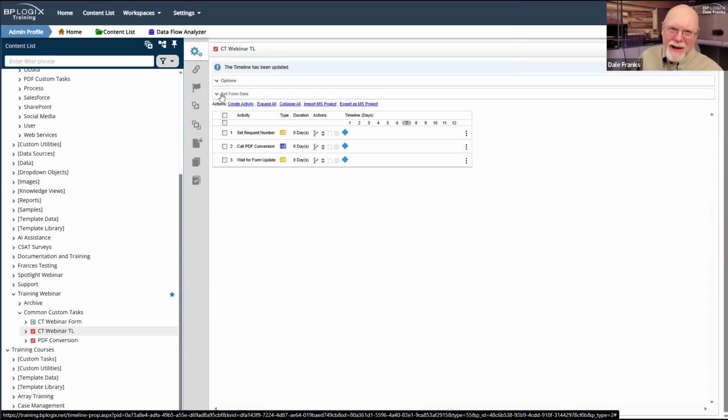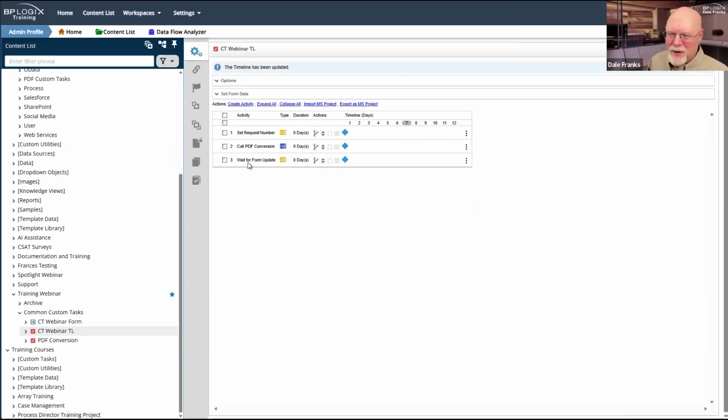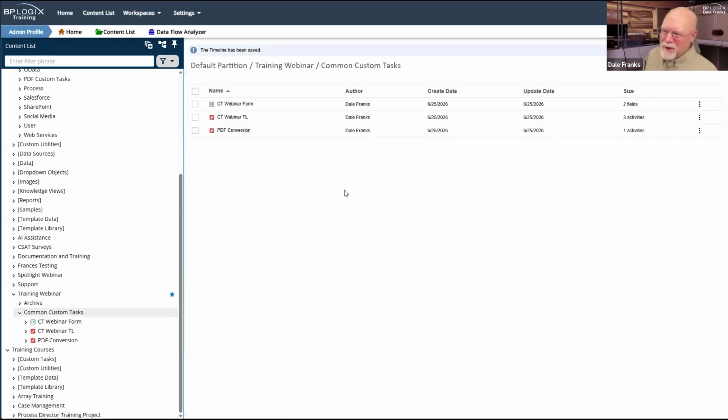Sometimes set form data is easier to do. Sometimes it's easier, especially on the timeline, just to use the custom task. So either will work. However you want to do it is up to you, but you have options.